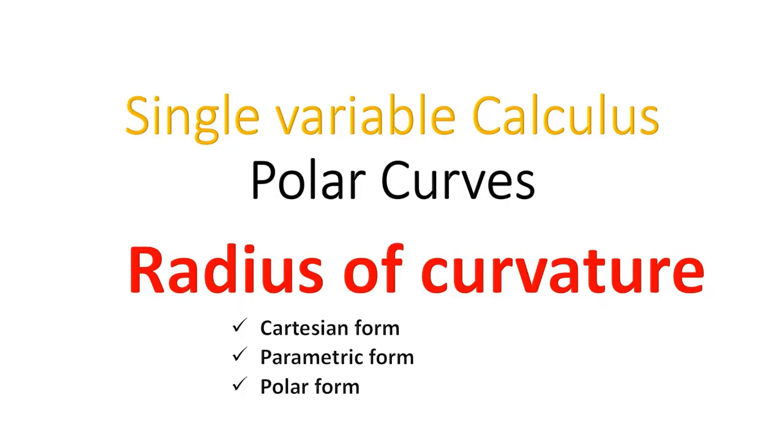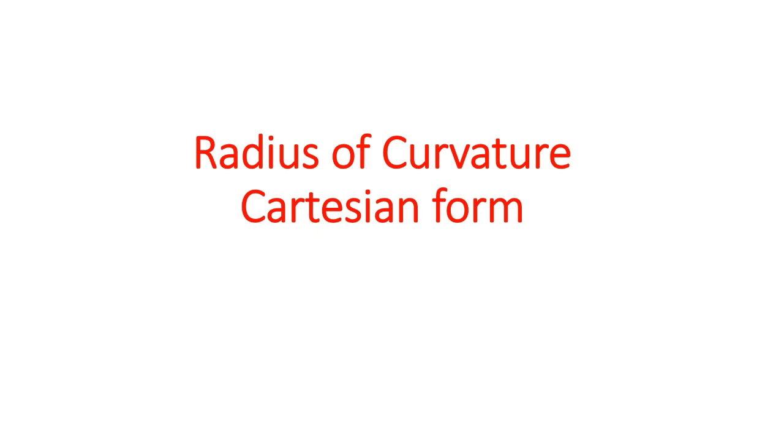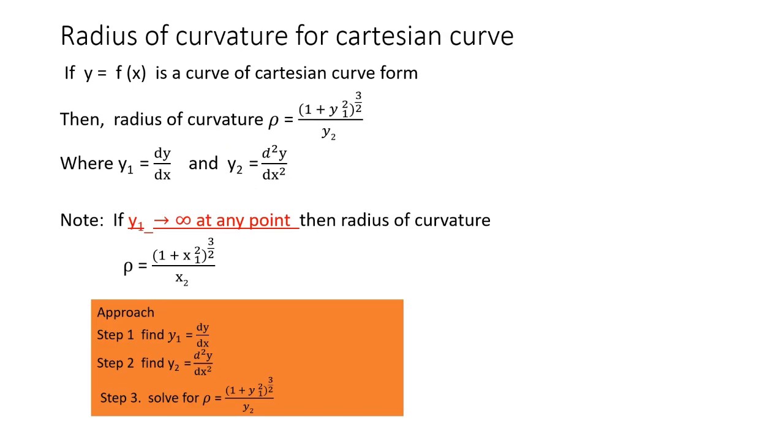Today's session is about single variable calculus, polar curves. Here we shall discuss radius of curvature in Cartesian form, parametric form and polar form. Cartesian form: if y is a function of x in a Cartesian curve form, then radius of curvature ρ is equal